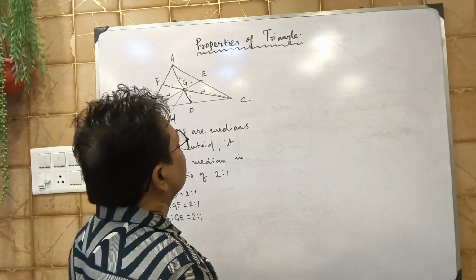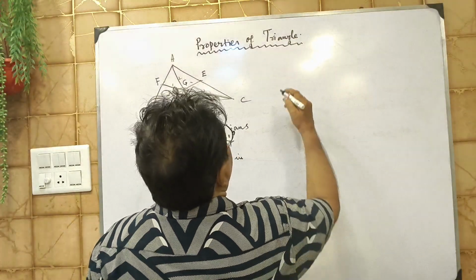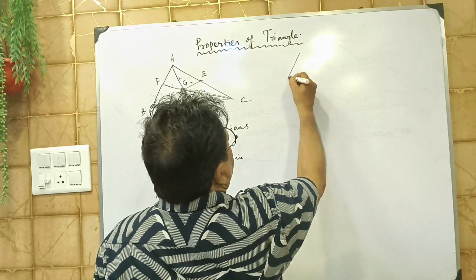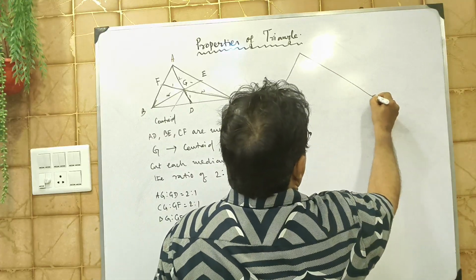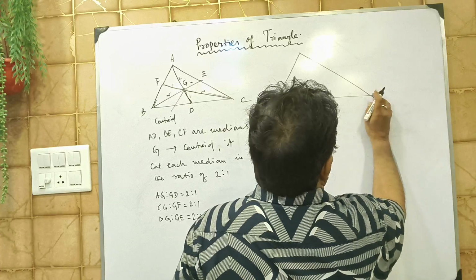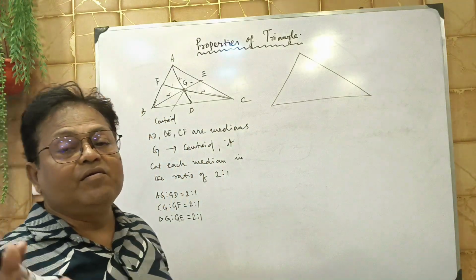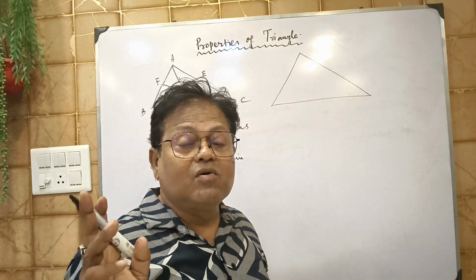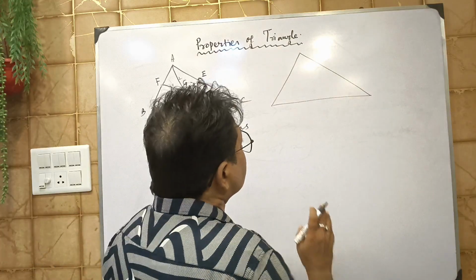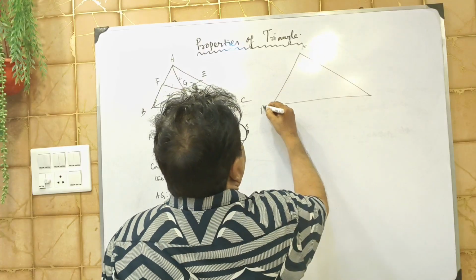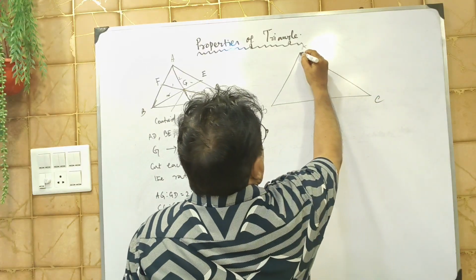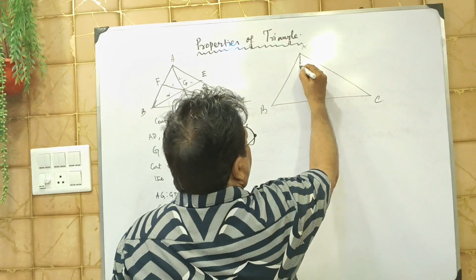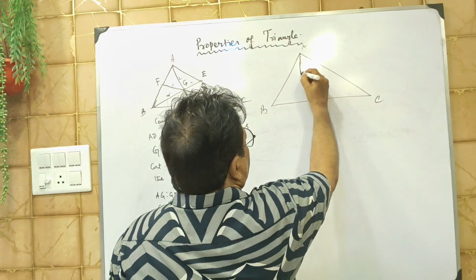Now I come to the incenter and circumcenter. At first you come to know this is the triangle. Before that I will tell you about orthocenter. What is orthocenter? Most of the students do not know what is orthocenter. Orthocenter means when you draw a perpendicular from each vertex to the opposite side,